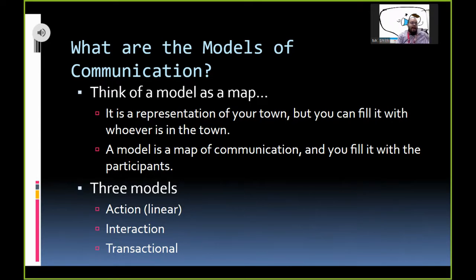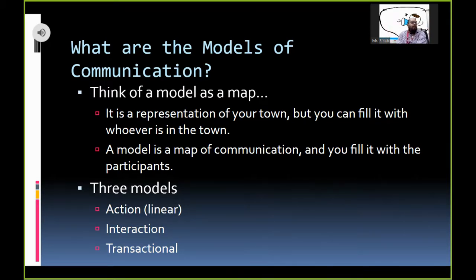So think about a model as a map. So when we first discovered maps and Christopher Columbus and all those people went around and they made maps of the world, as we traveled more, the maps got better. And as we continued to get more information, our maps got better. So that's the exact same thing with models of communication. It started very, very simply. And by the time we get to the newest model, which is known as the transactional model, we're going to see that it's changed significantly over time.